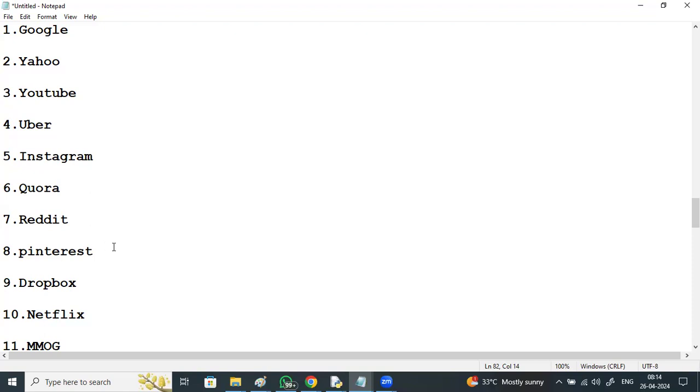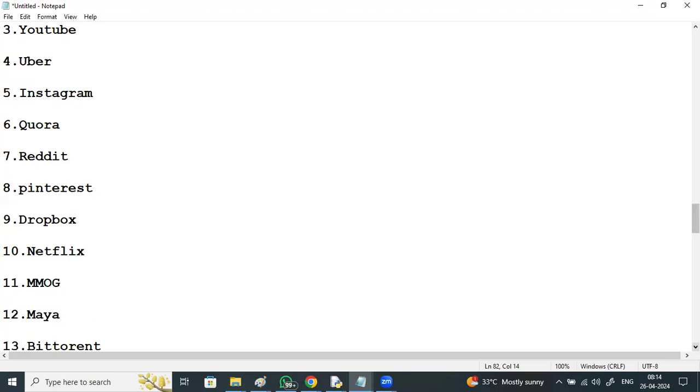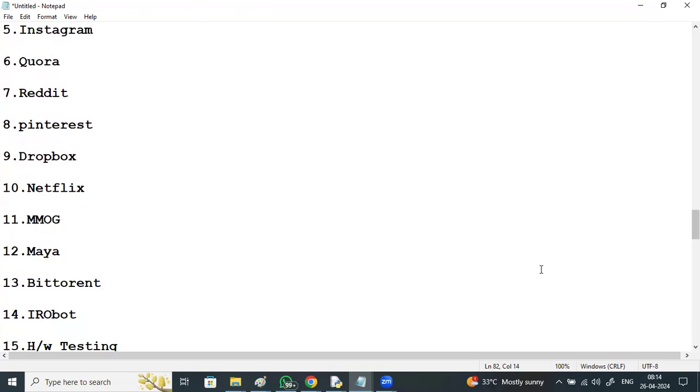Quora, Reddit, Pinterest, Dropbox, all these are built using Python. Netflix using Python for its security automation and subscription related things. MMOG, massively multiplayer online games. Maya, a powerful 3D animation tool which uses Python script. BitTorrent using Python for its file sharing service, iRobot for military and commercial operations,